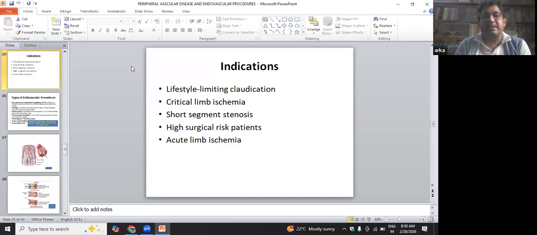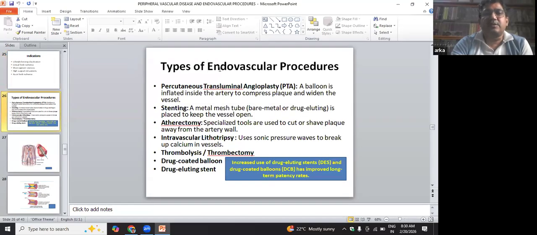High surgical risk patients and also acute limb ischemia can also be treated with endovascular treatment with some modifications. So there are different types of endovascular procedures. Percutaneous transluminal angioplasty: a balloon is inflated inside the artery to compress plaque and widen the vessel. Next is stenting. A metal mesh tube, that is bare metal or drug eluting, is placed to keep the vessel